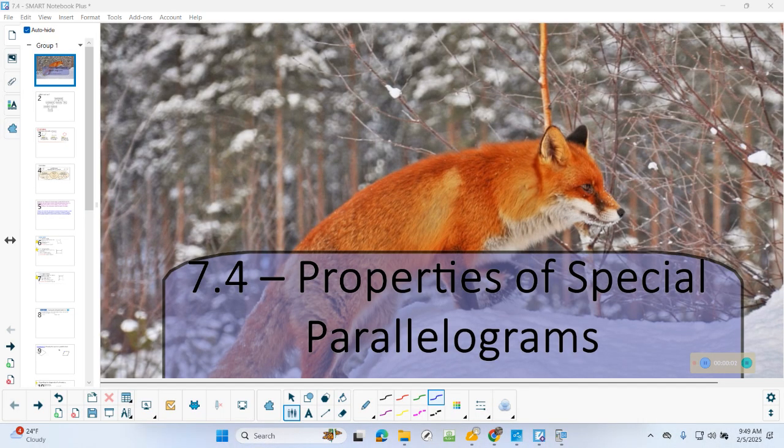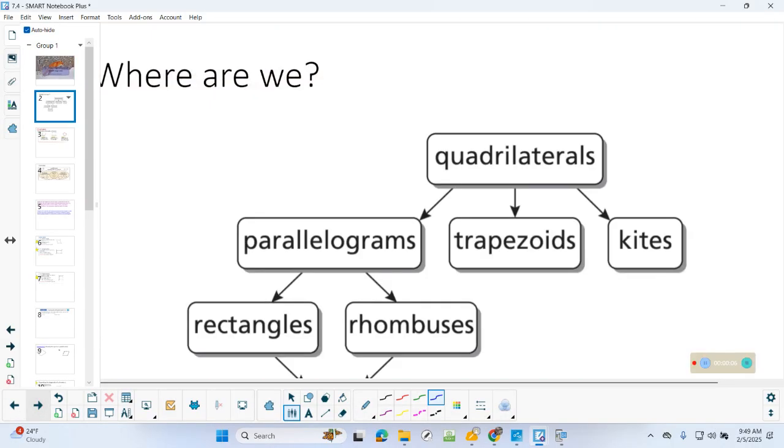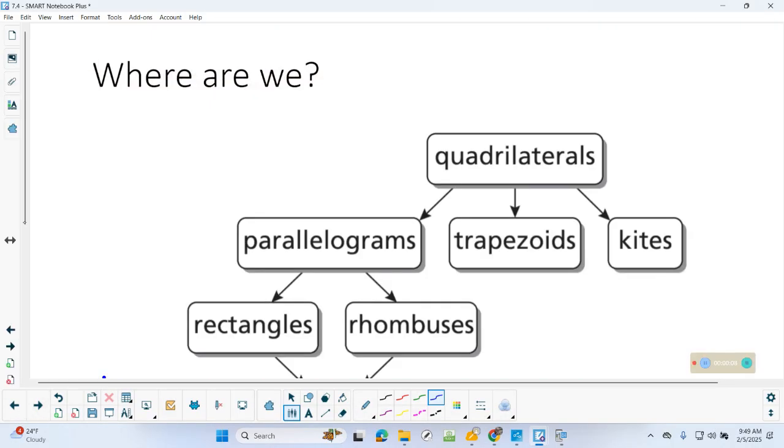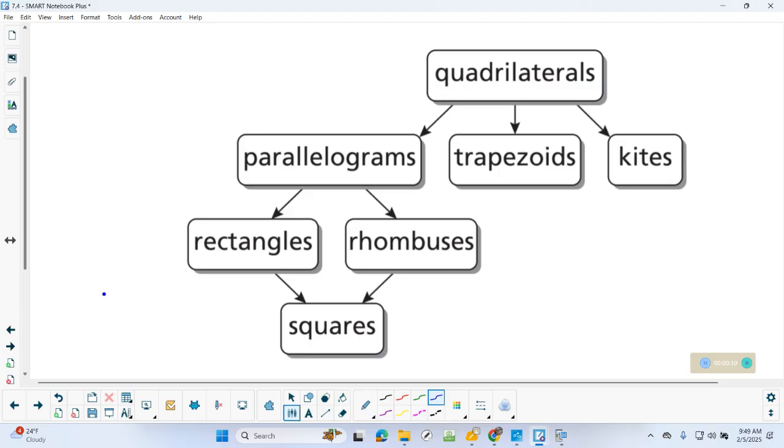Okay, so today, of course, properties of special parallelograms. So when you look in your 7-4 notes, you have this very lovely, I'm going to scroll it up a little bit, little flow chart on there. Clearly, we have just spent a lot of time on this guy. So we are adding on today rectangle, which I know seems like a lot of figures,